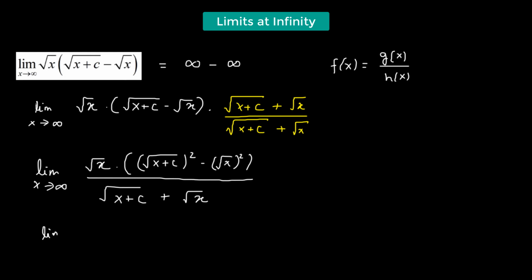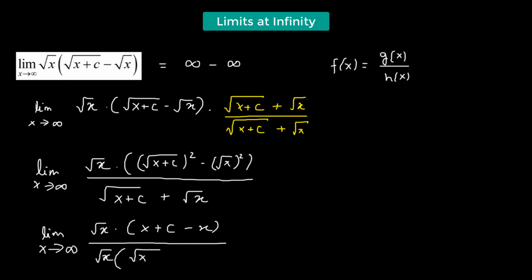So we get limit x approaching infinity, we have square root of x multiplied to x plus c minus x, divided by square root. So what we're going to do is take square root of x as the common factor. That is going to leave us with square root of x plus c over square root of x, plus 1. This is done so that we can cancel out square root of x from both the numerator and the denominator,